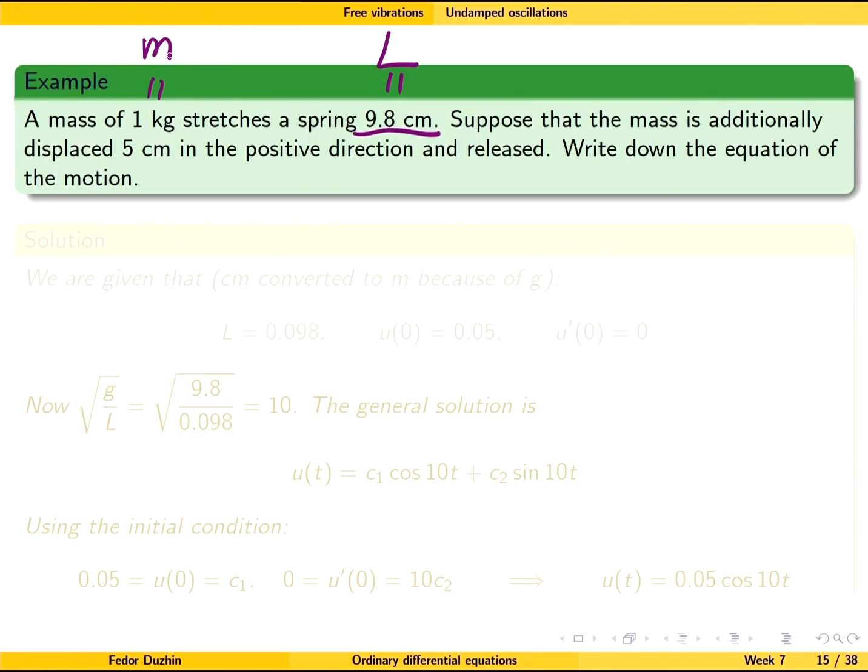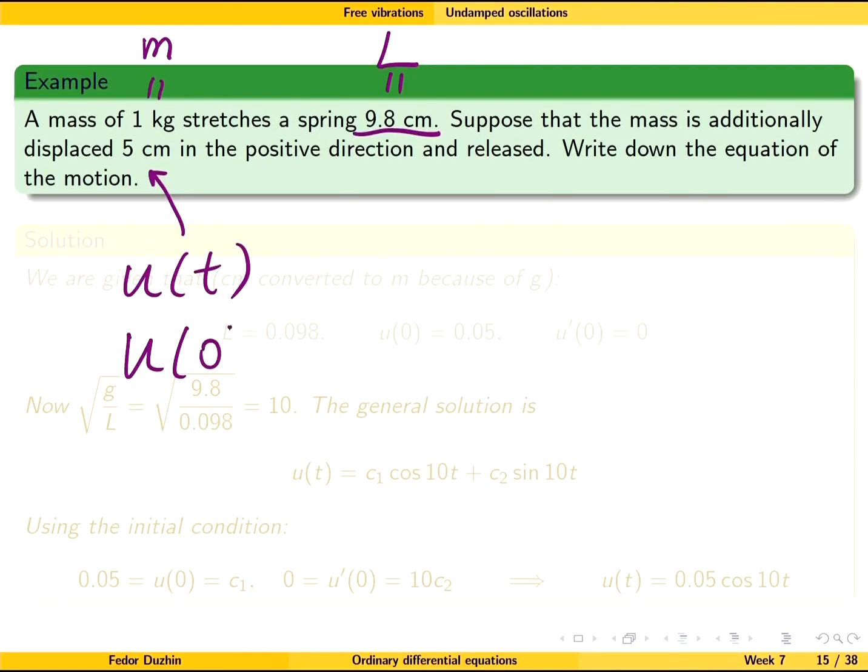Suppose that the mass is additionally displaced 5 centimeters and released. So what is this additional displacement? The displacement by time t is denoted by u of t,